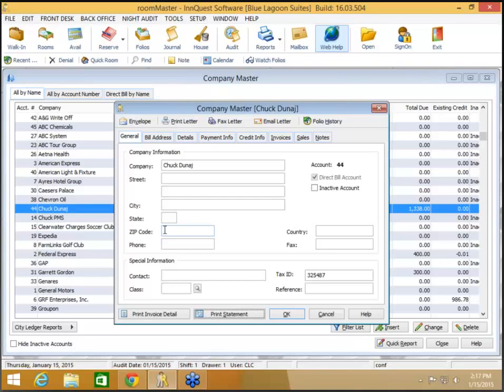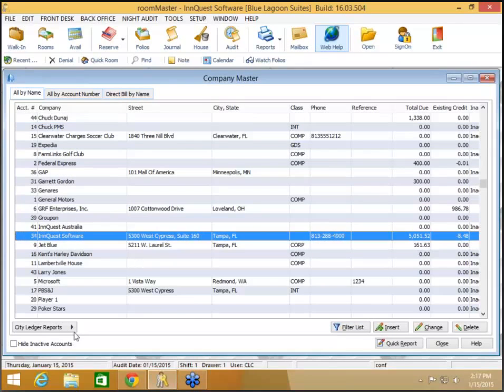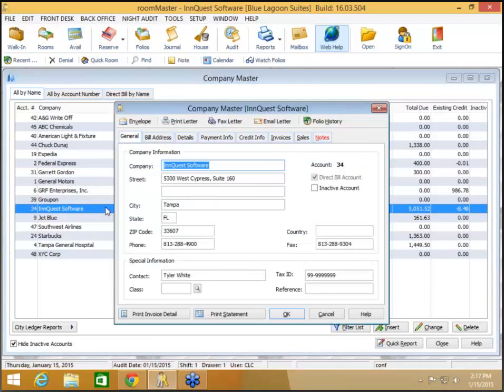By popular demand, this was a suggestion that we had come in numerous times, so we have added the ability to, let me hide my inactive accounts, there we go. We have added the ability to list a credit card number, to store a credit card number on your company master. So if you are using the City Ledger for some type of monthly billing, or you have locals maybe that come to your property and use your facilities or eat in the restaurant, and they have an account set up with you, and so each month you're billing the same credit card, you now have the ability to put that credit